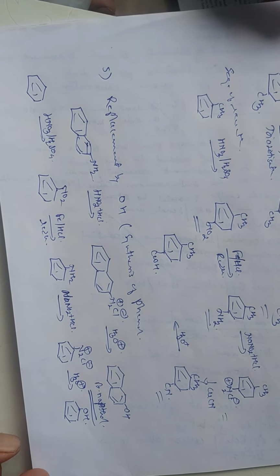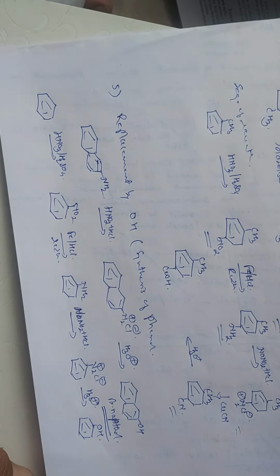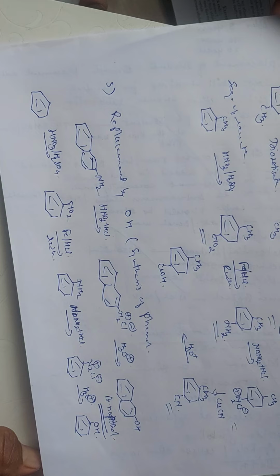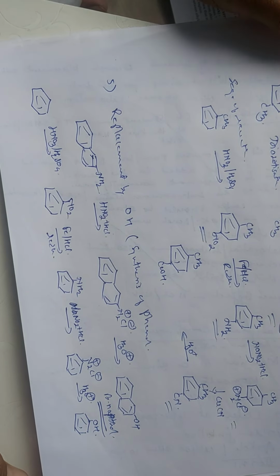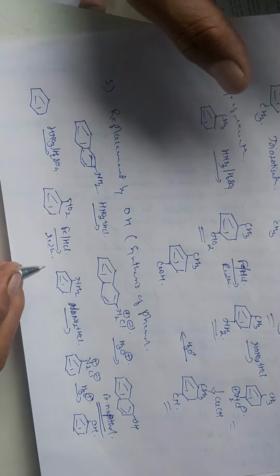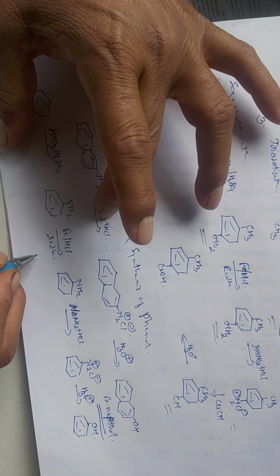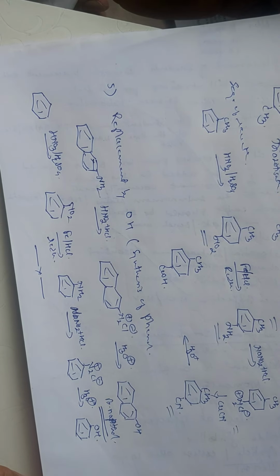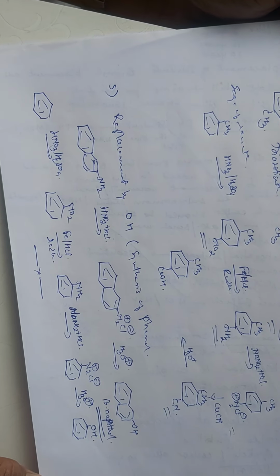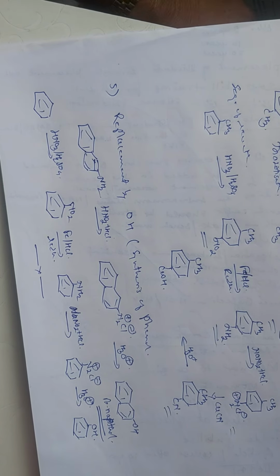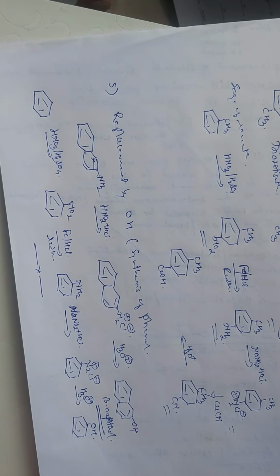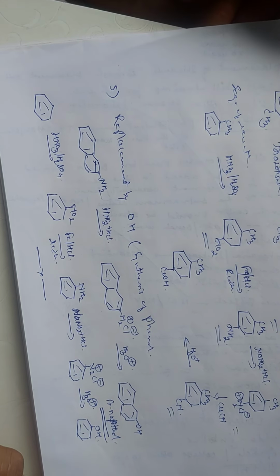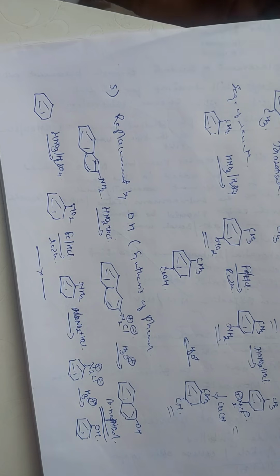So here we can get various sequences of reactions, and these are the important reactions of the aromatic amines. So here we complete this topic, that is the amines and diazonium salts. You are supposed to go through the exercise, solve the problems and questions, and if you are having any problems regarding any mechanism, you can feel free to ask me questions at any moment.